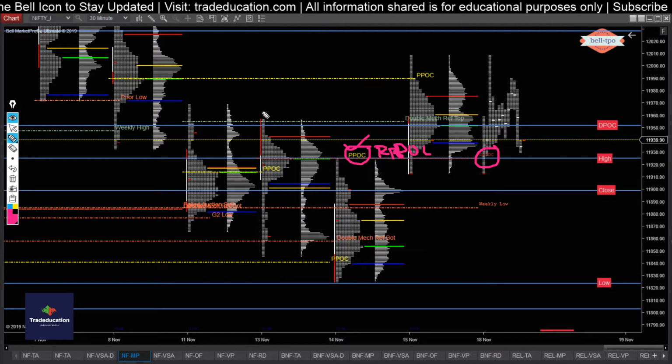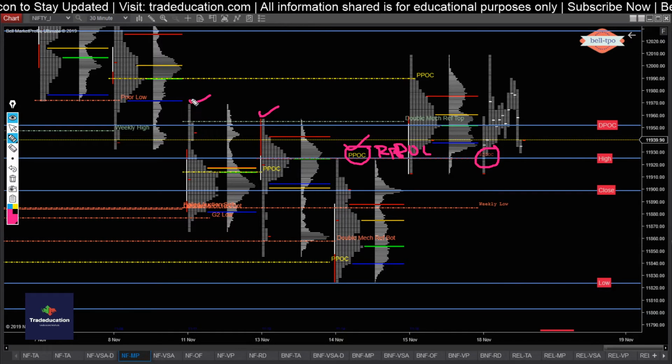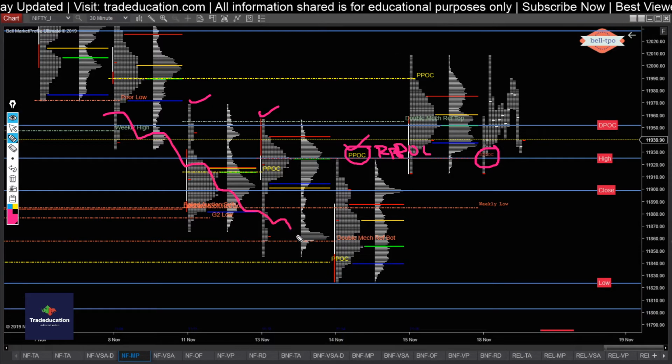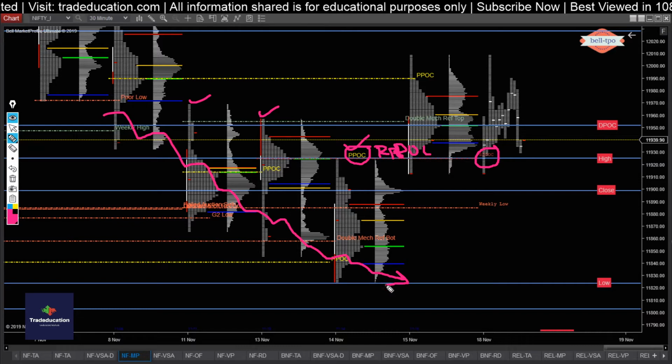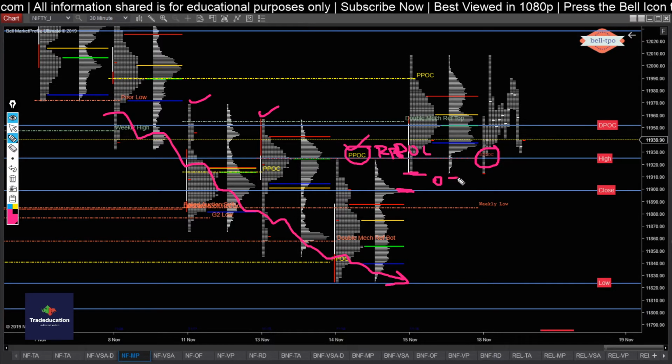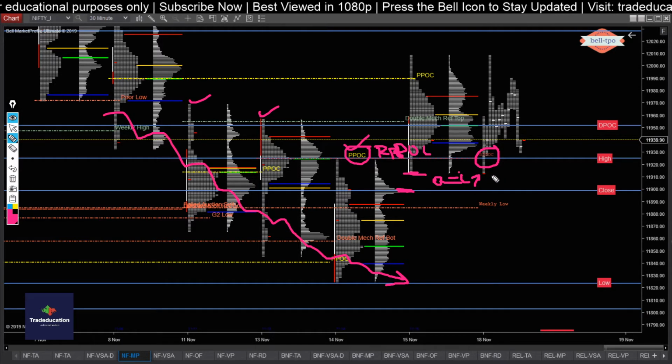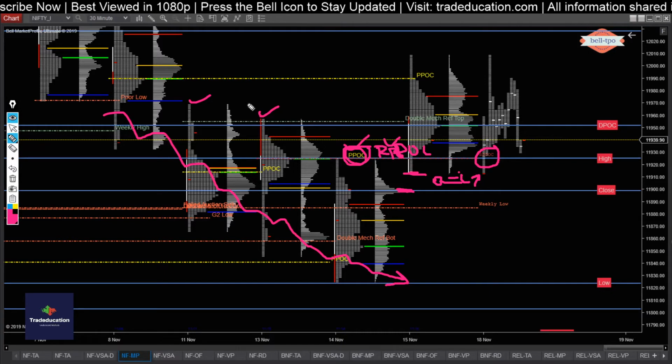Also, I shared in a couple of videos that this high and this high are pretty close by. And overall, if you see, the inventory was going in one direction. Yesterday we had a bullish close, and today it was more like an open equal to low type of setup being played. So open equal to low, and we are seeing buyers stepping in right from the open, so a bullish opening was seen, clearing the PPOC level, our PPOC, clearing this high and clearing this high.